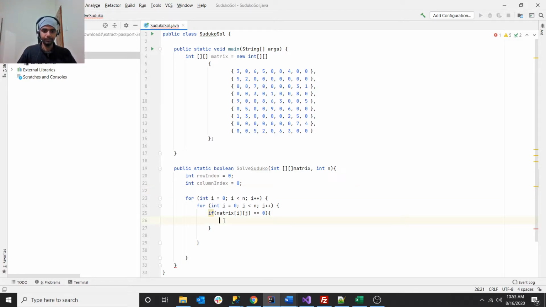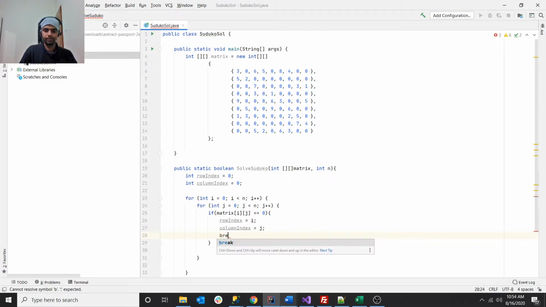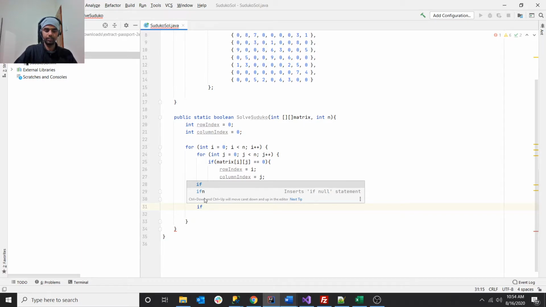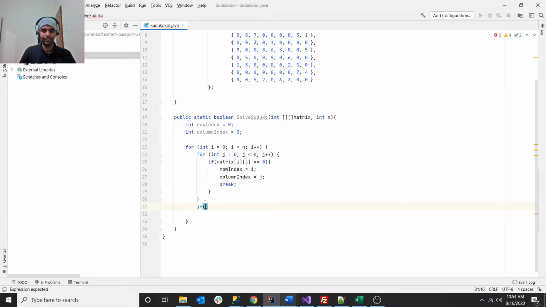Right? Row index is equal to i, column index is equal to j, right? And if it is found, if a 0 is found, basically we are going to break here, and this break will take us out of this for loop. And now if, yeah, row index,